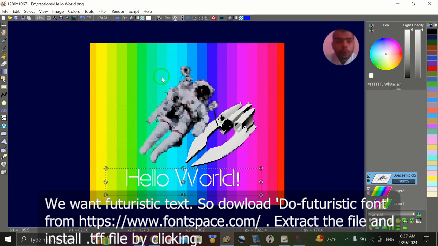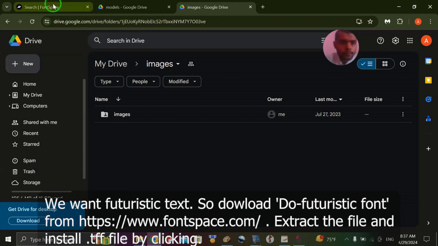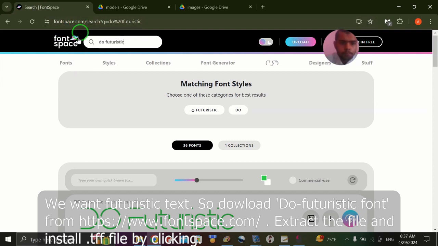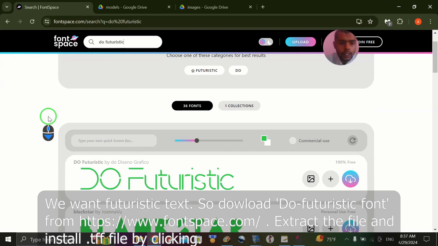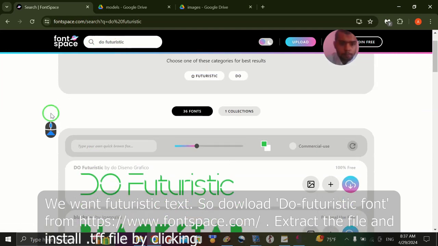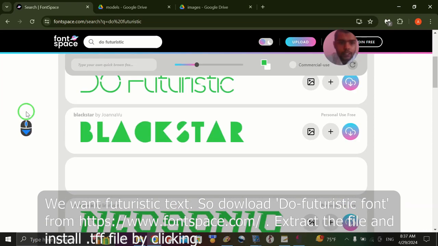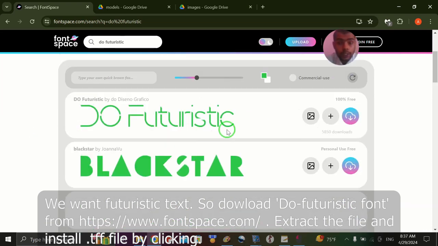You can download this type of font by visiting websites. I have used fontspace.com, and while searching, I loved this Do Futuristic font by this author, and it is 100% free. This is a nice website where you can have a look at this type of font. You can download it, let me show you. Okay, let's download the font like this,